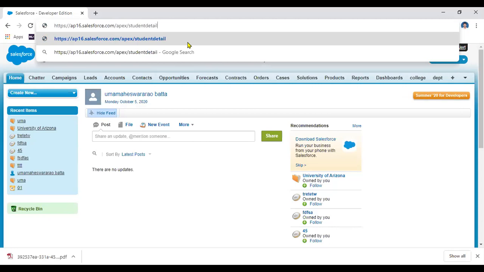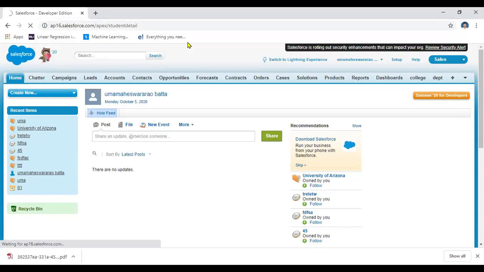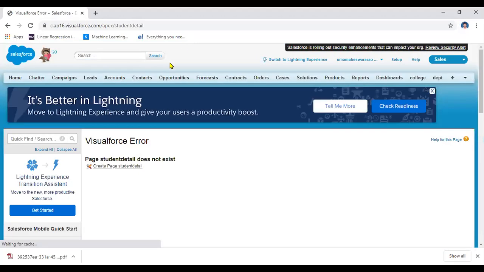I'm going to create the student details page. If you come here, the student details page does not exist. That's why you are going to create a new page. Create a page, student details.